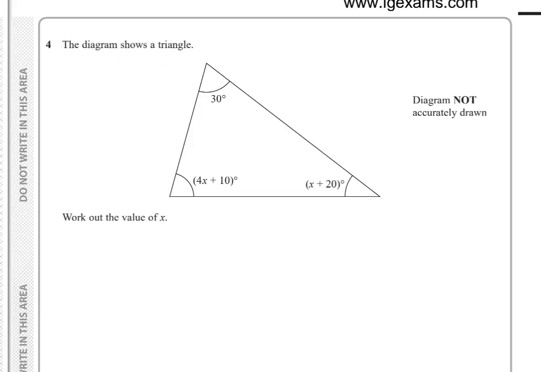Number 4, the diagram shows a triangle. Work out the value of x. The sum of the interior angles of a triangle is 180. So 4x plus 10 plus x plus 20 plus 30 equals 180. Combine the like terms, 4x plus x, 5x. 10 and 20 and 30 equals 60